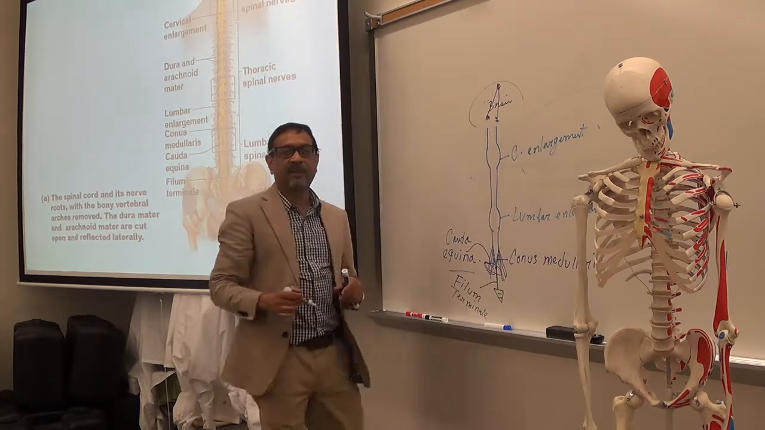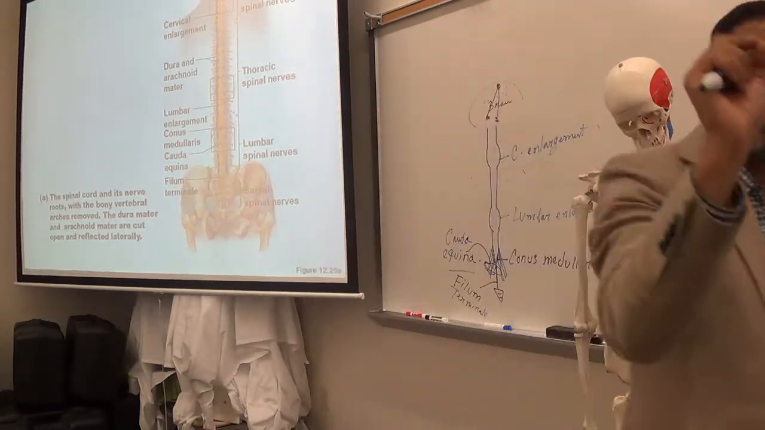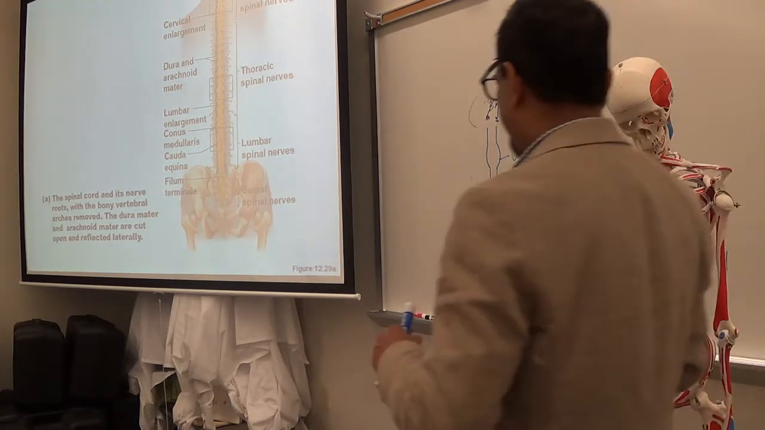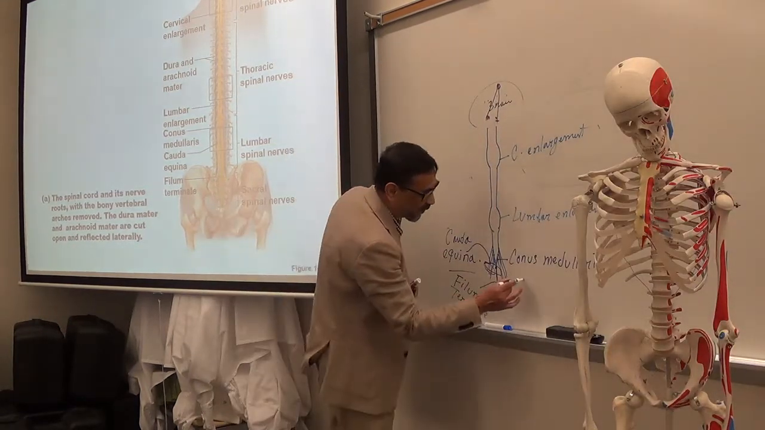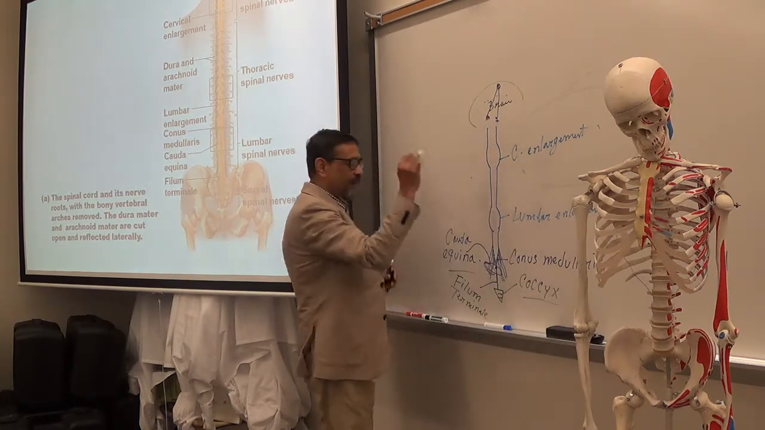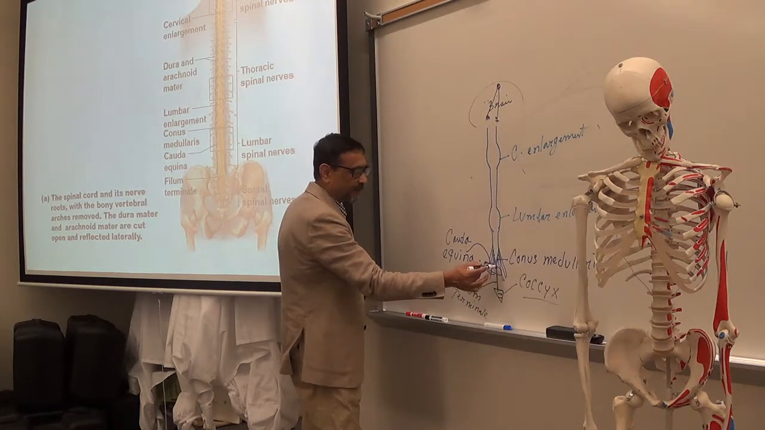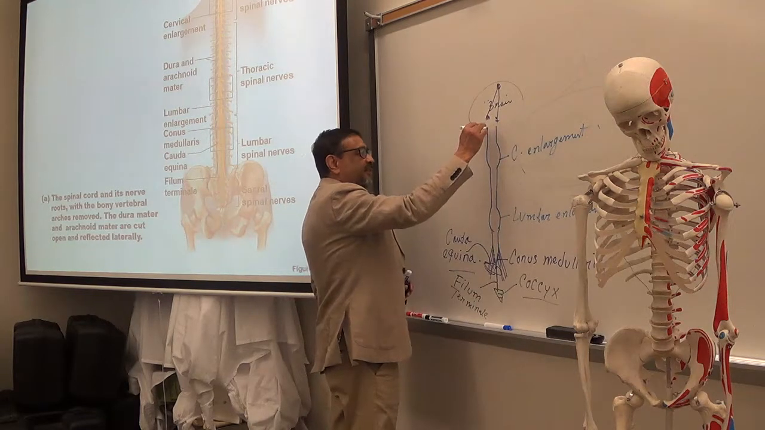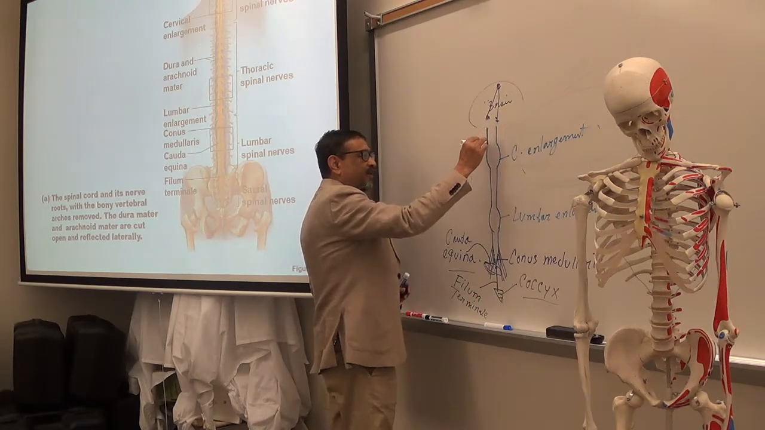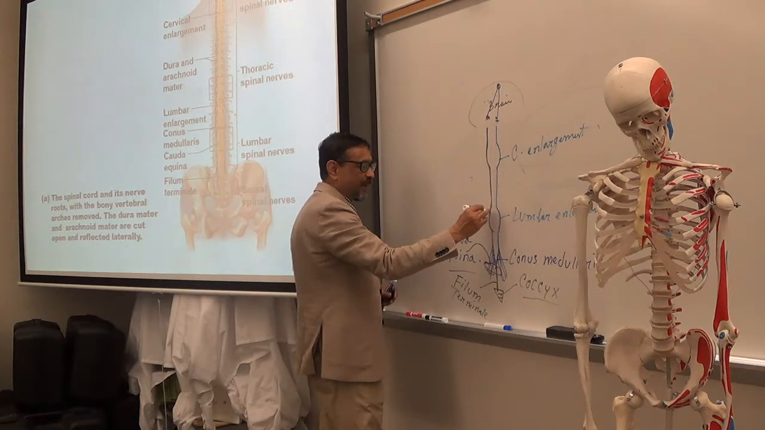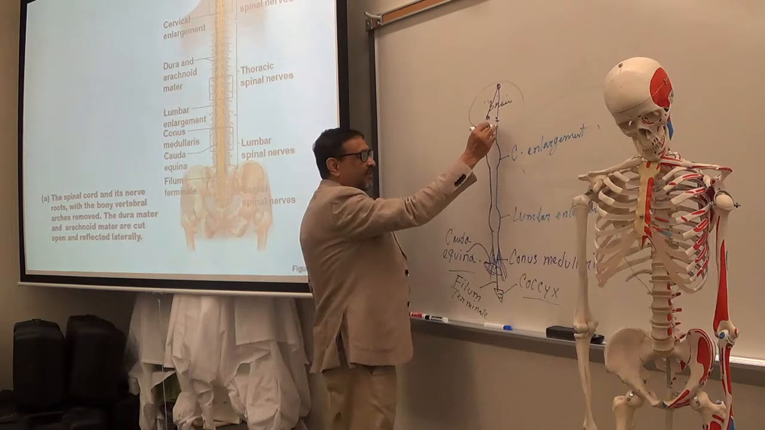So filum terminale is a thin cord that goes from the lower end of the spinal cord to the coccyx. This is the tailbone, coccyx. Okay. So this is filum terminale. Now, you know three meninges. The innermost one is attached to the spinal cord. I mentioned it. So that is what? The pia mater. So this is the pia mater,